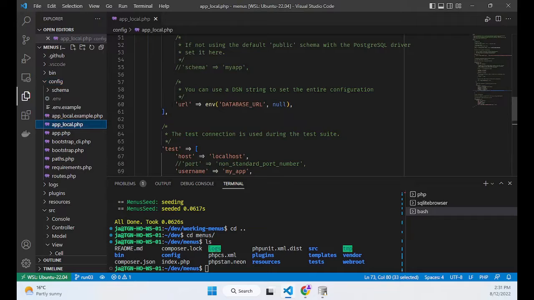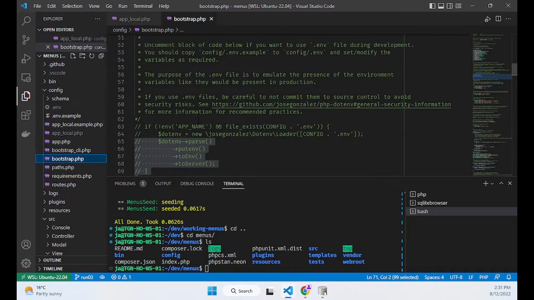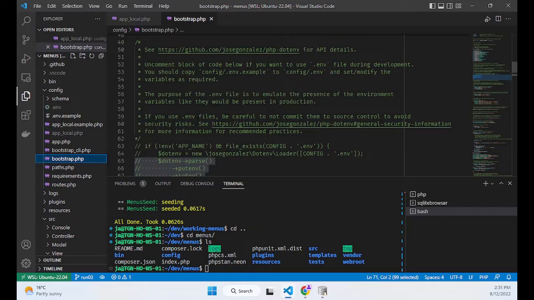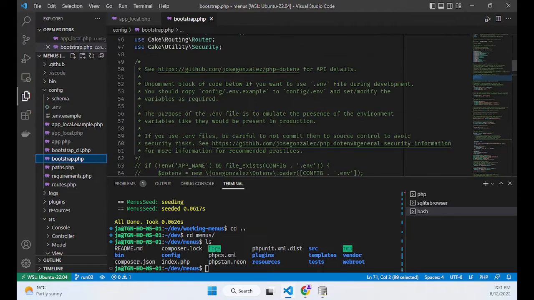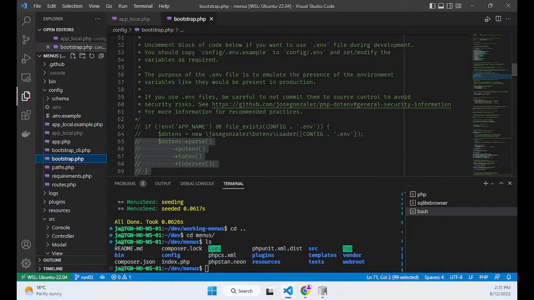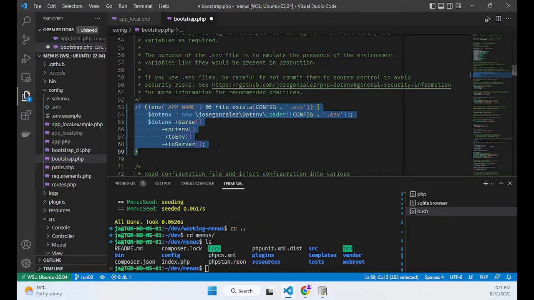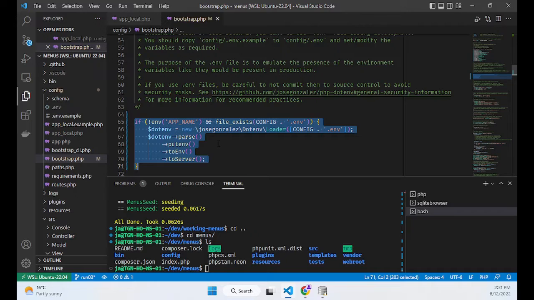Typically you might hard code this, but Cake has a nice feature in bootstrap.php, under the config directory, where you can use php-dotenv to substitute environment variables into Cake while you're developing, and it makes it a lot easier to maintain stuff